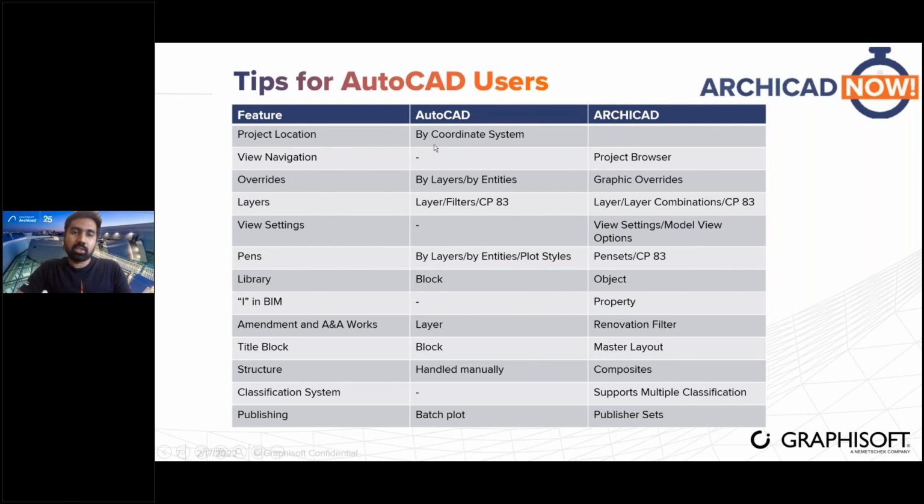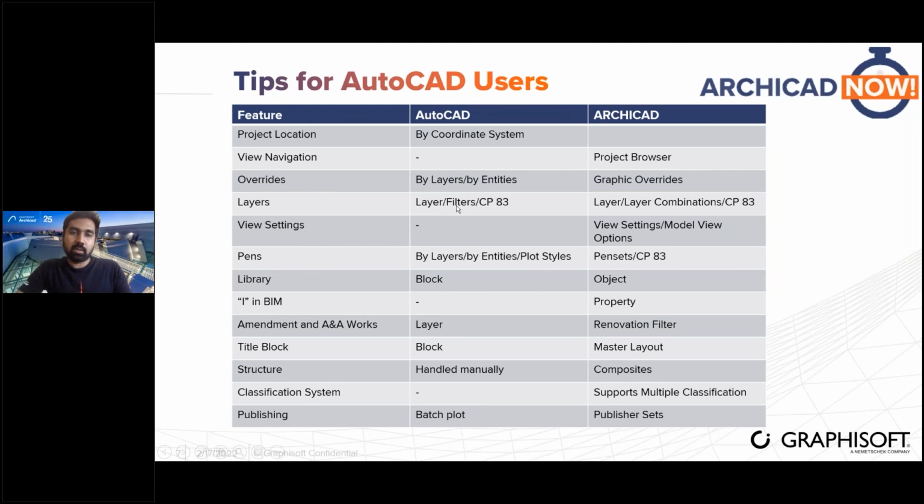The project location is by coordinate system in AutoCAD, and in Archicad, as I told earlier, it's project based: the base point, project origin, and then the survey point. And for view navigation, we don't have anything like that in AutoCAD, so we just have the project browser in Archicad. Overrides are done by layers and by entities in AutoCAD, and in Archicad we have graphic overrides, as we saw earlier. And then for layers, we have